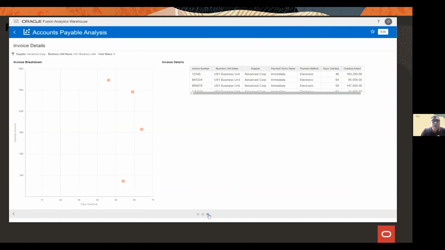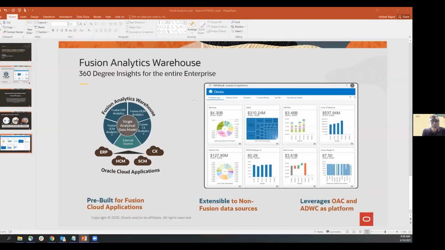So this is just a very quick tour, but as you can see, you are really getting a fairly robust capability here to address the needs of procurement and finance. And this is just a starting point. We plan to beef it up in future releases by adding more and more content for our CP organization.